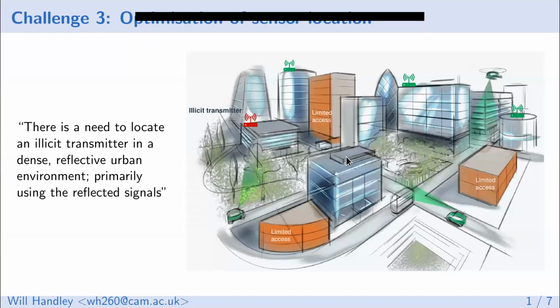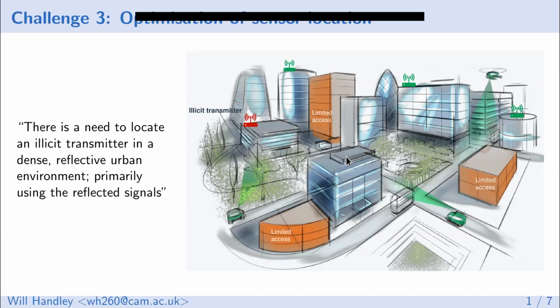Okay, so some of these slides were shown yesterday, but for the benefit of the recording, there have also been some updates to the figures, so I'll go through this in a little less rapid time than I did yesterday, which was quite brief. Basically, we're looking at a problem with several different aspects, but fundamentally the problem stated was that you need to place sensors in an urban environment that in theory has reflections and non-trivial constraints of limited access as to where you can put these sensors. And you need to detect a transmitter somewhere in that sort of environment.